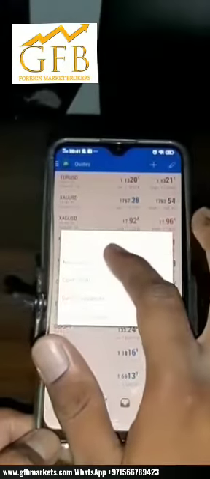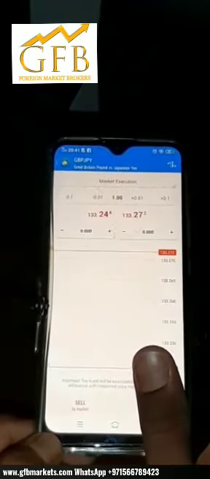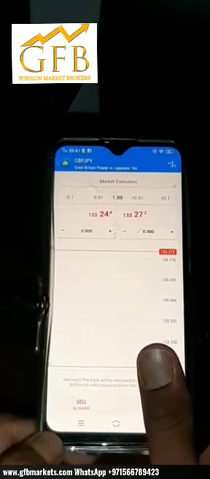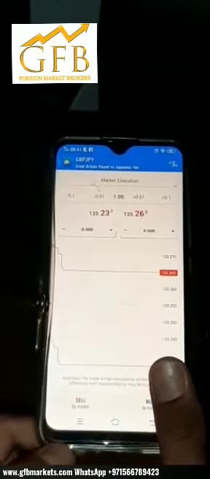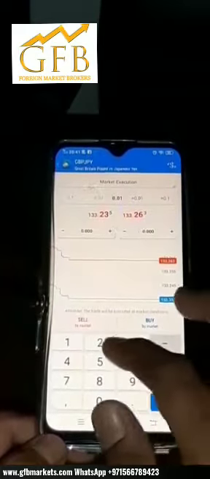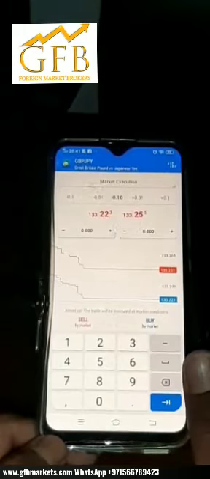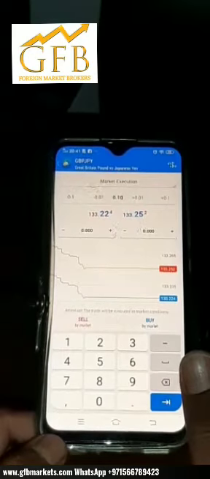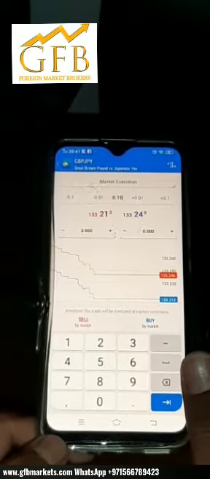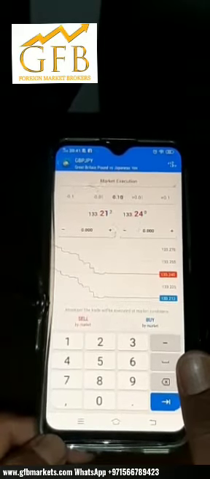So the first option is new order. If you click on new order, you will get the ticket. In this, one lot means 100,000, and you can edit it by clicking it. If I put 0.10, it will be 10,000. So 10,000 means we are spending $250 from our margin for 100,000. As I told you, 1:400 is the leverage.